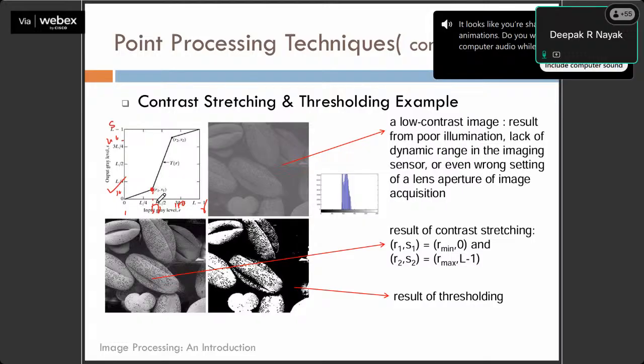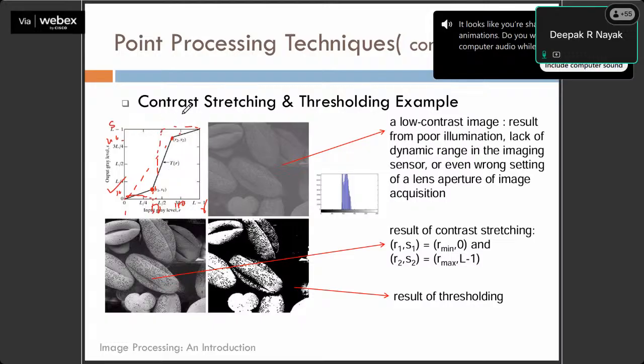Like in our case, it is (50, 10). And the (R2, S2) is nothing but (150, 210). So if they are equal, it is going to be an identity function. Right? If I want, I can also change it. I can take R1 equal to R2, S1 equal to 0, and S2 equal to 255. Then I'll get this kind of